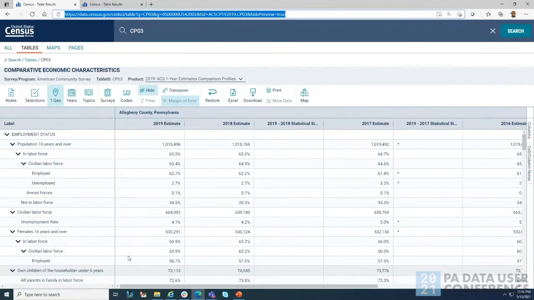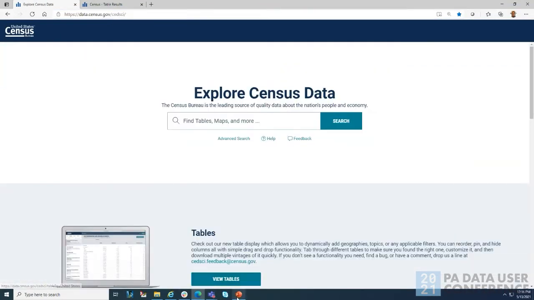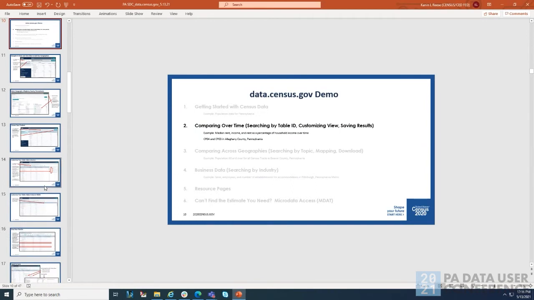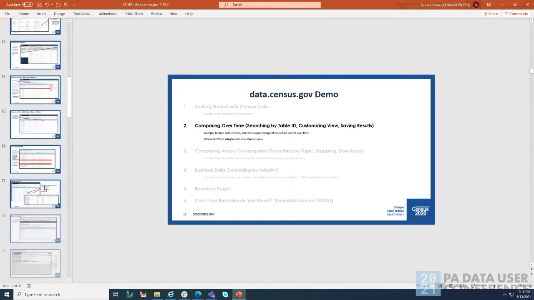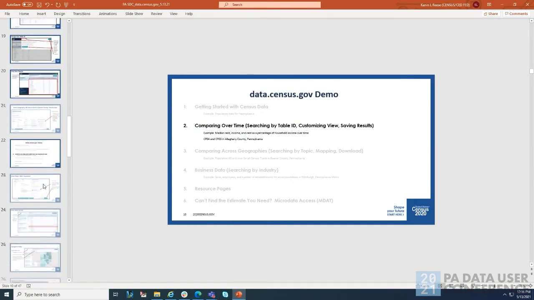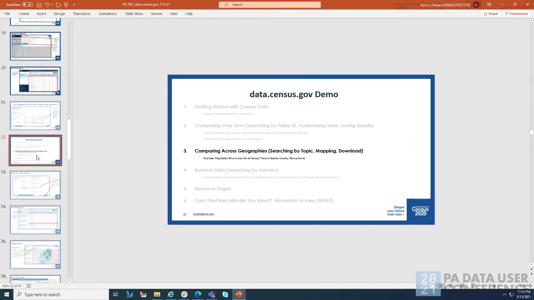All right, so that's enough of that. I'm going to clear everything by going back to the logo, and I'm going to go back to questions. All of these are my slides that you'll get that just show the steps taken in the demo. So if you forget what I'm saying, you can always reference these. But the next question is about comparing across geography. So we wanted to look at using all census tracts in Beaver County.